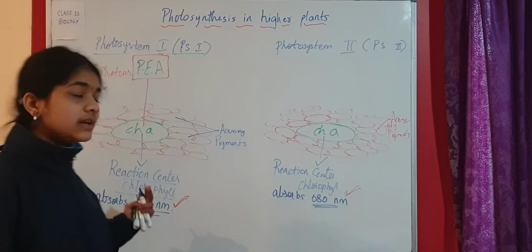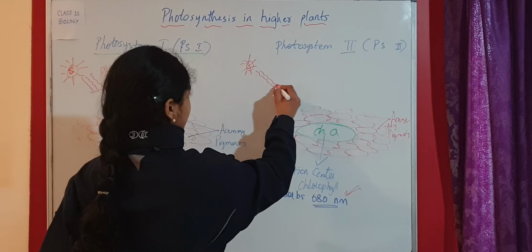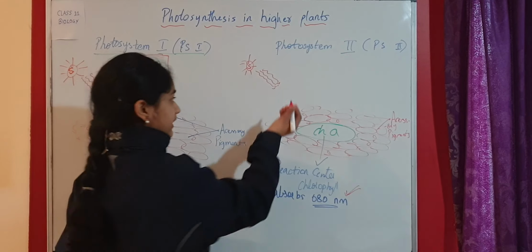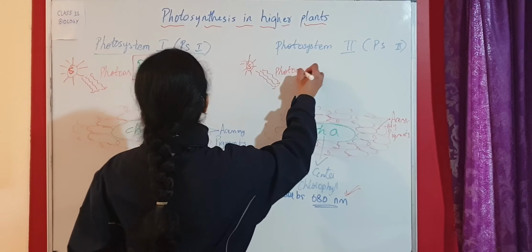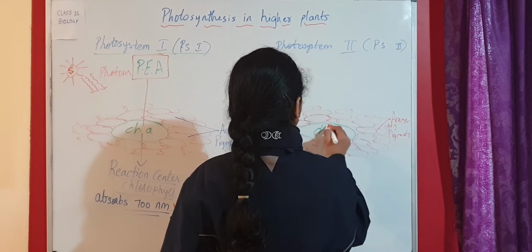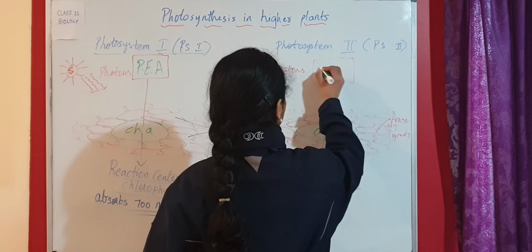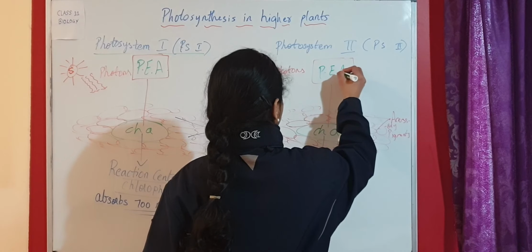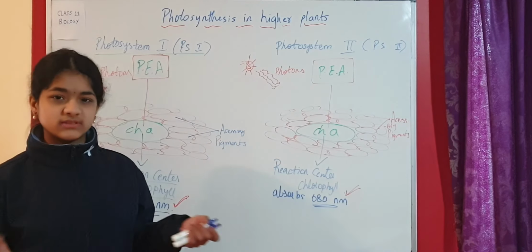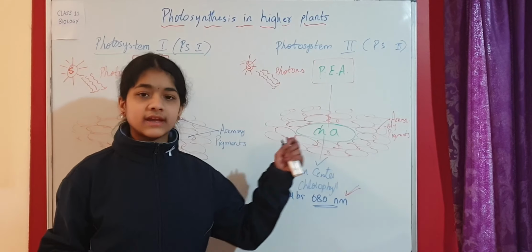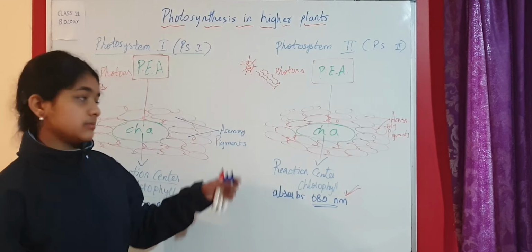And again, just to make it clear, here we have the sun, and the sun radiates or emits the light energy or heat energy in the form of photons. And again, we know that we have this primary electron acceptor which is going to accept the electrons and pass them on to other receptors like plastoquinone, cytochrome, etc., and then pass them on to the next photosystems. This is called the electron transport chain, which we are going to study in the next sessions. So this is the structure of photosystem 1 or PS1 and PS2.